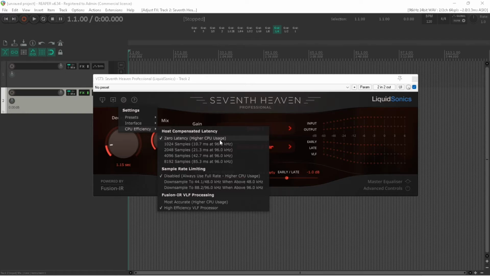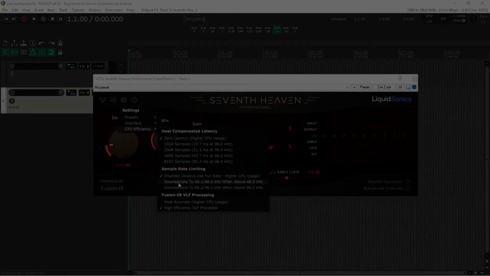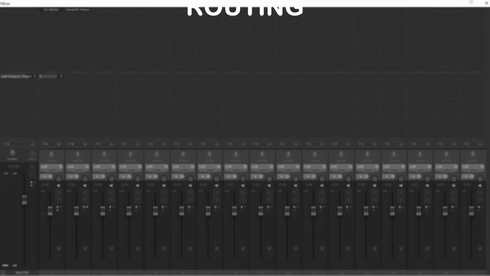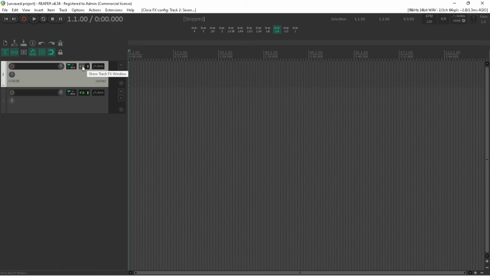Zero latency mode is important for low latency recording. Also, reducing other processing to preserve CPU can greatly improve the performance of your recording, especially limiting your sample rate, as you will not be printing the reverb to your track. Final stage is the routing of the main vocal to the reverb synth, which makes sure to fully set